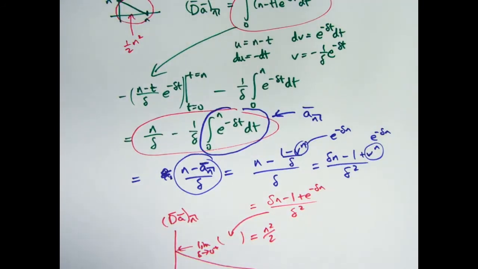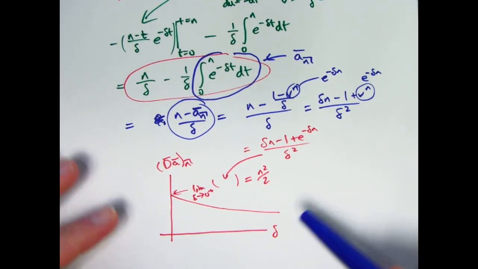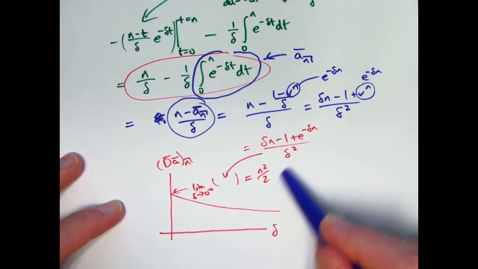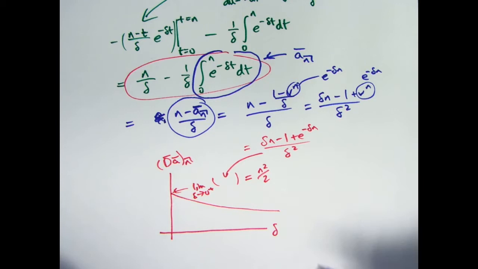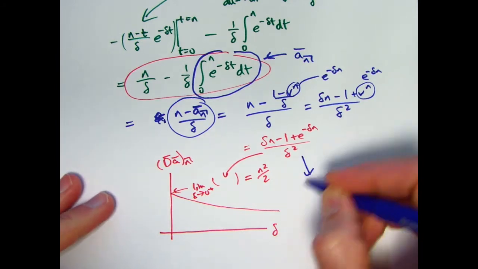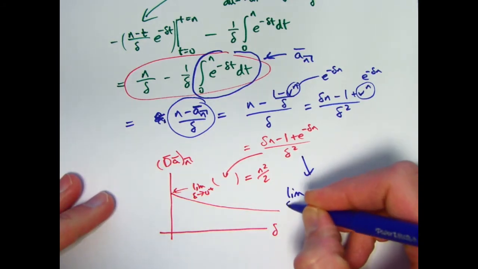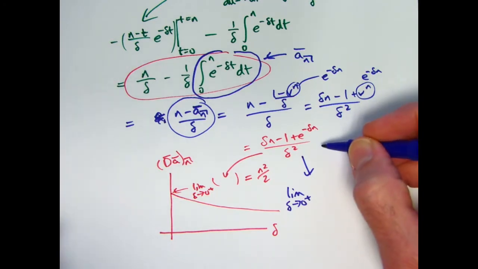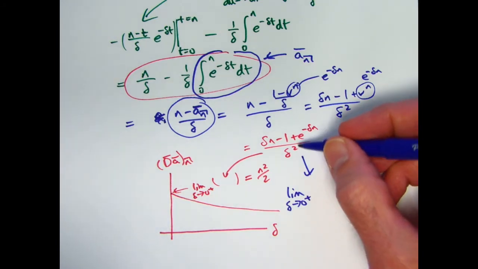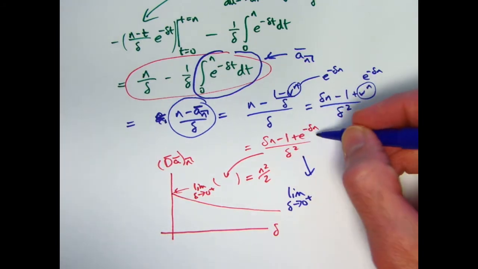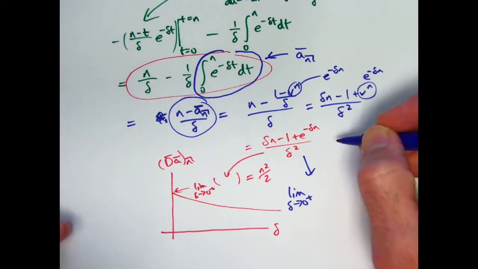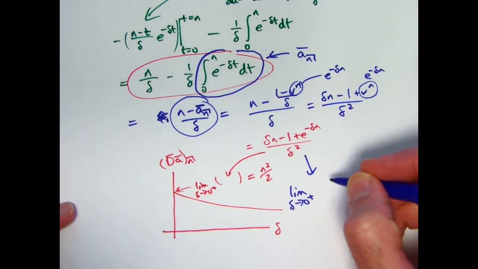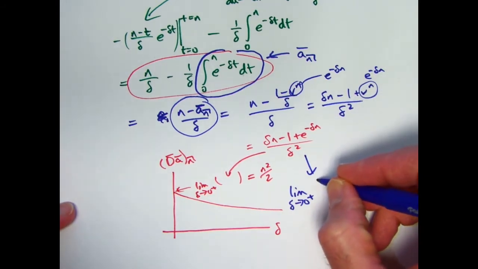Let me add on a little bit more to that by saying there's another way you can verify that this limit is n squared over 2. You can use L'Hopital's rule. The limit of this as delta goes to 0 from the right. It is a 0 over 0 indeterminate form. If you plug in delta equals 0, on the bottom you definitely get 0. On the top you get 0 minus 1 plus 1. E to the 0 is 1. You get 0. So if we apply L'Hopital's rule and differentiate with respect to delta,